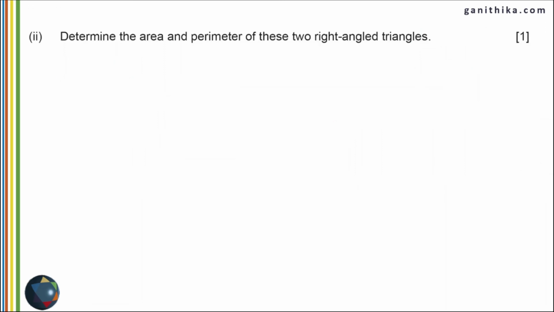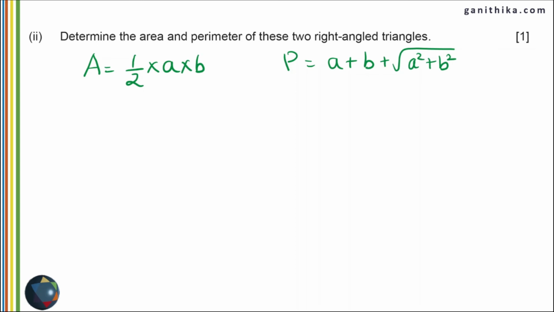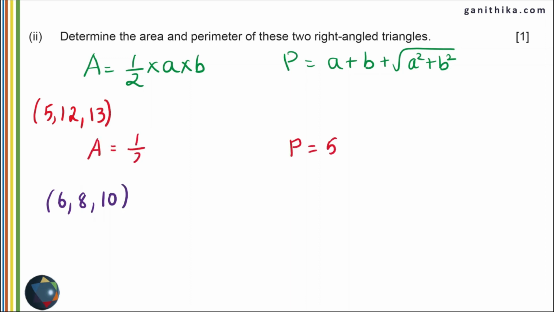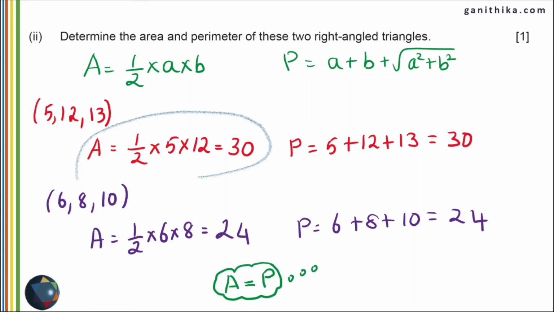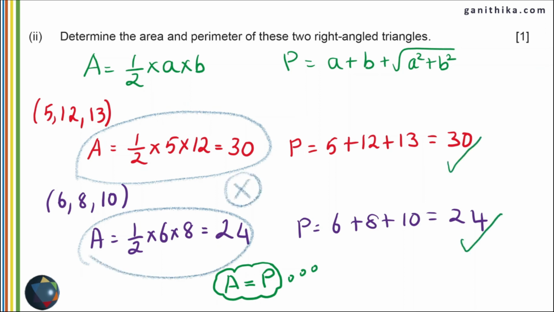The last question is to determine the area and perimeter of these two right angle triangles, which is going to be very simple. The area expression is half times a times b and the perimeter is adding up all the three sides. Using the two results that we got in the previous question, substitute the values. We get both the numerical values to be 30, and here we get the numerical values of area and perimeter to be 24. And in this case we know that area equals perimeter, therefore it is not necessary to use this to find the value. We can just simply use the perimeter, which is easier to calculate. So just use the perimeter to find the area and perimeter of these two triangles.